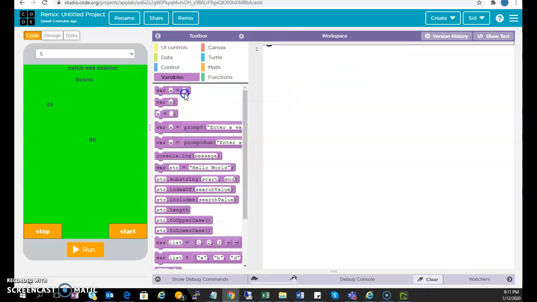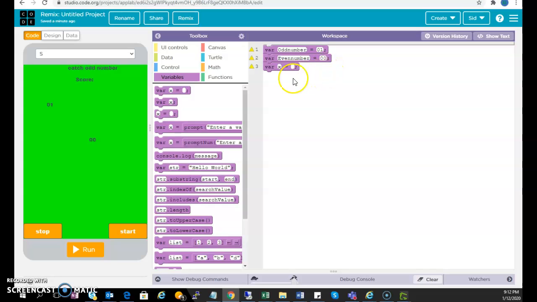So first we're going to create the variables, so get 3 of these variable blocks and stack them right under each other. And then do odd number. Do capital O to start with because it's something that the computer understands better. So that is 0, 1 as it's odd. 0, 1. Even number